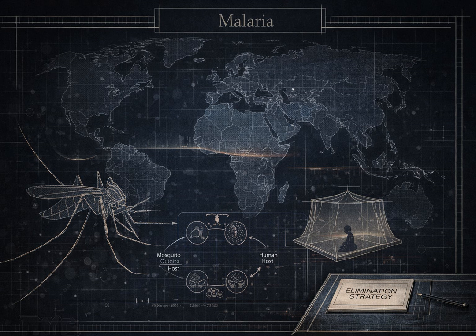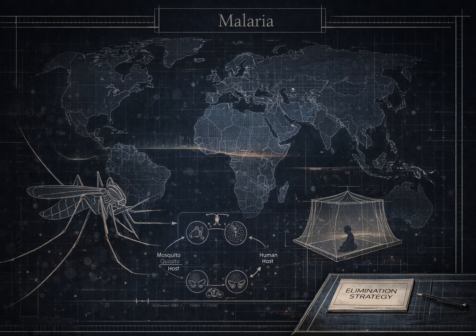It begins when an infected female Anopheles mosquito takes a blood meal and injects her saliva. Right, along with anticoagulants, she's dropping in the payload. Exactly. She inoculates this highly motile, microscopic form of the parasite, called sporozoites, directly into the human dermis and bloodstream. And the fascinating thing about these sporozoites is that they don't just hang out in the blood, do they? No, not at all. Because the immune system is patrolling the bloodstream, looking for invaders, the sporozoites basically know this. They act like biological fugitives. So they run. Within 30 to 60 minutes, they completely clear out of the peripheral circulation and invade hepatocytes,